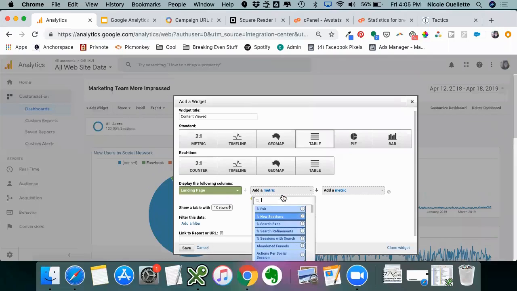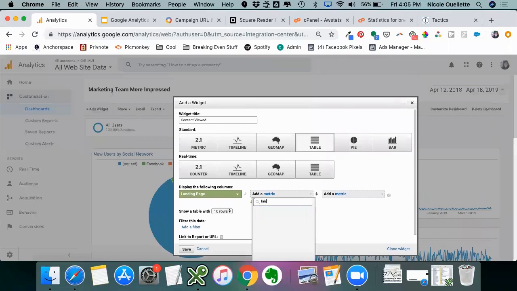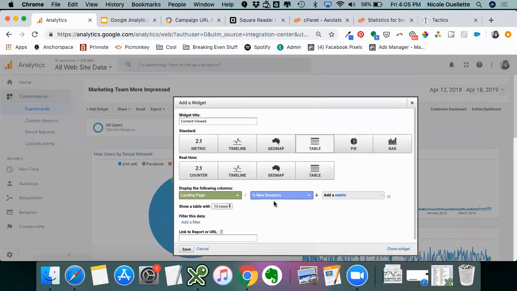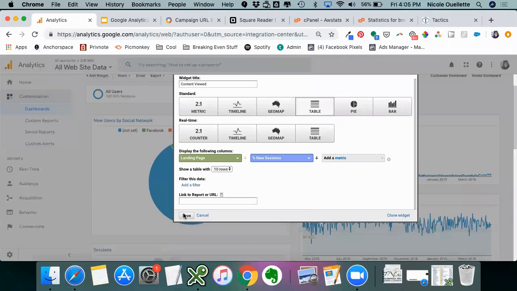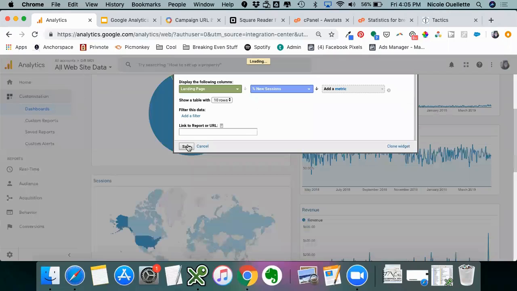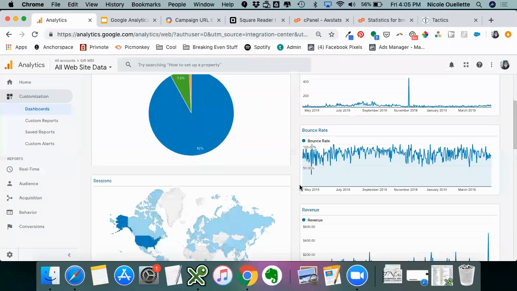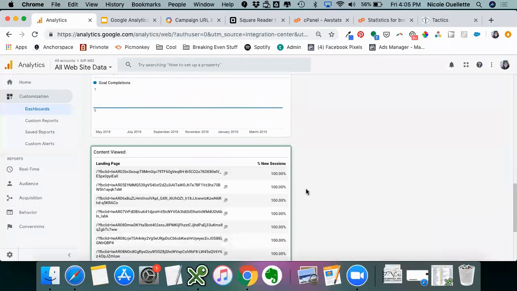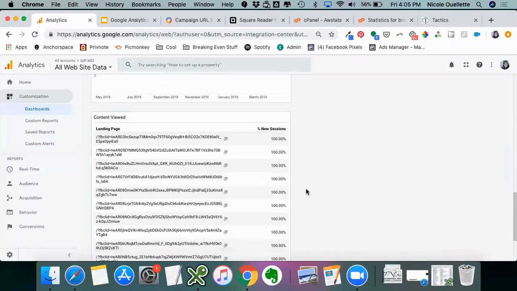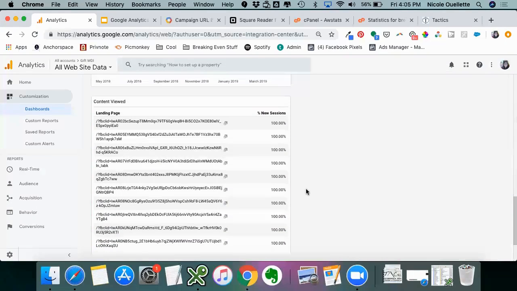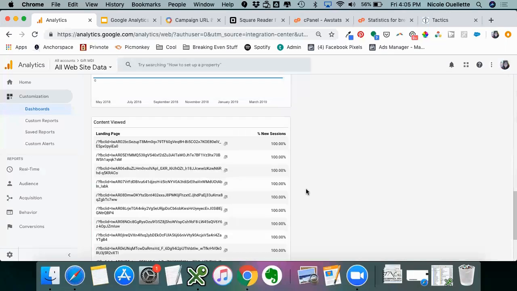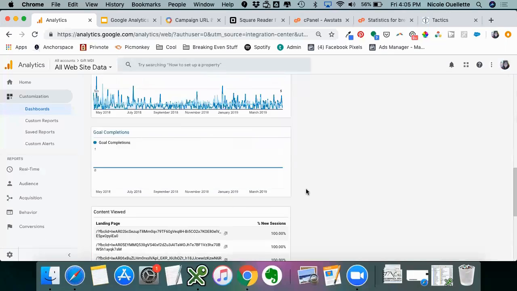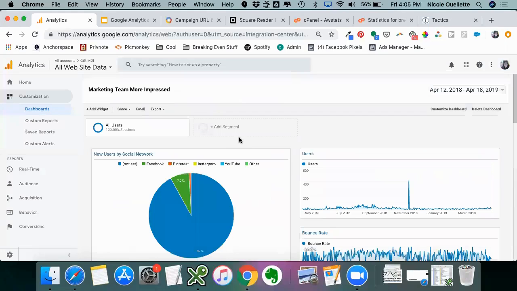It's like they want me to care about so much. Landing page by new session. Sure. All right, what do our new people care about? And it probably stuck it on the bottom. There it is. Okay, that looks wrong. Anyway, yes, that is possible. Yes, absolutely. And if you want more dashboards, like I said,